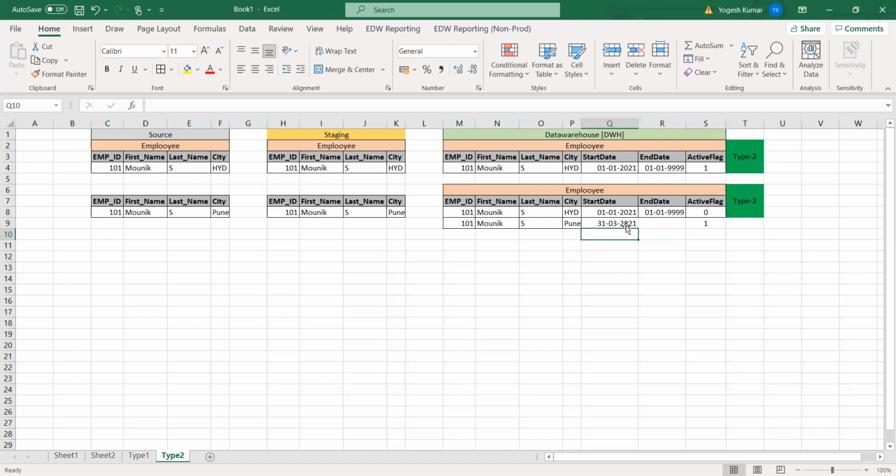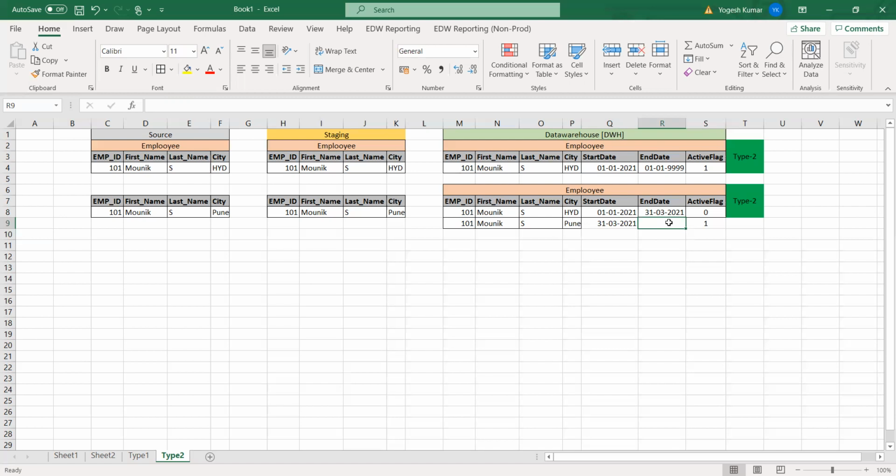Whatever the start date of this latest record is, that will become the end date of the previous record for that specific employee. Did you get it? And as this is an active record, the end date would be a future date, null, or can be blank. Got it?